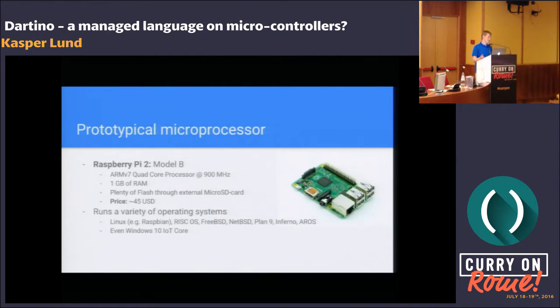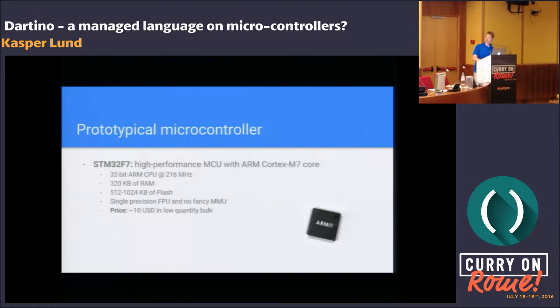And it's not that expensive, and it can run just about any operating system, including Windows, and lots of sort of real, sort of, you could say, embedded OSs. I think Linux is probably the most used one on these Raspberry Pi devices. But it's really the same kind of OSs that you're used to running on your desktops and on your servers. If you switch it around and go to the microcontrollers, the difference is